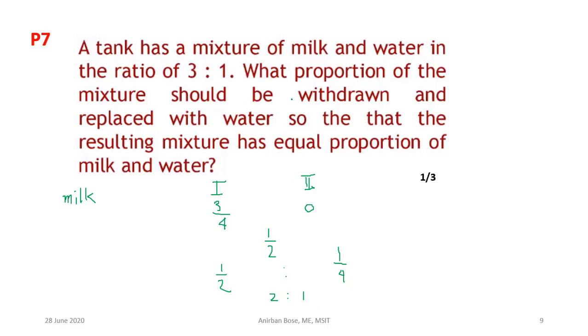So if you know the ratio is 2:1, now you see the problem is you have to find out what fraction was taken and replaced by water. So this part basically corresponds to the amount that is replaced by pure water. So what is the total amount? That amount is 1/3. So 1/3 of the total. Okay, so this is the answer.